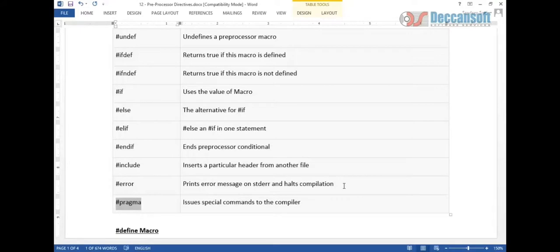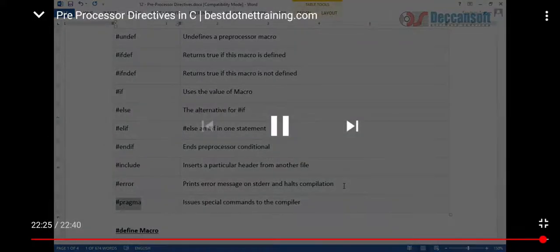Similarly, #pragma is a special command to the compiler for the compilation process. So these were some preprocessor directive functions, and these were the macros used to help with preprocessor directives.